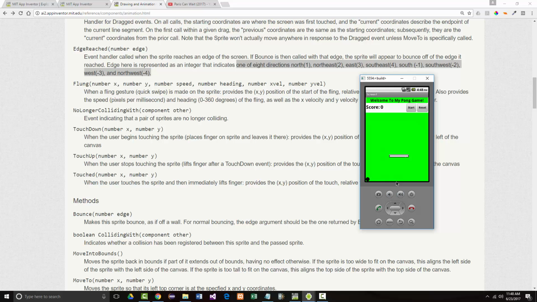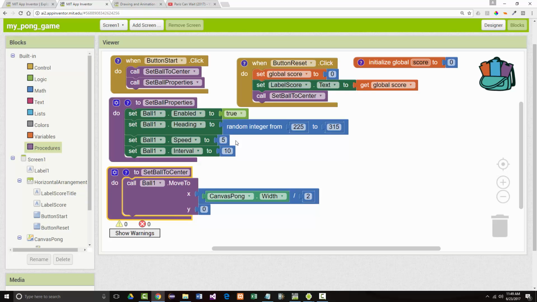One thing I want to do is when I reach the edge of the screen like that, when I reach the bottom of the screen, then I want the game to end because I've lost. I want to keep playing and keep scoring as long as I'm moving my paddle and I'm hitting the ball as it's coming down. But once it gets past me, the game should end. And that's -1 because that's south. So what I want to do for that is I want to come in